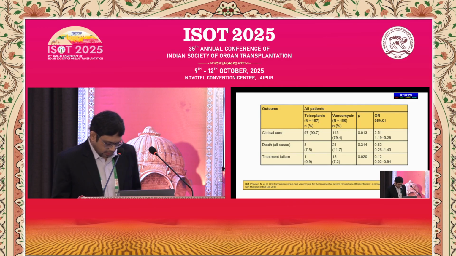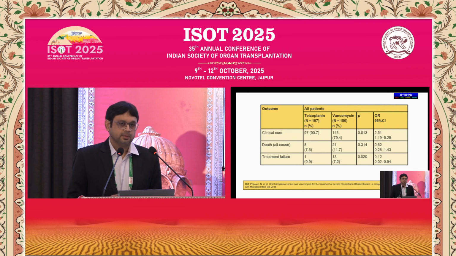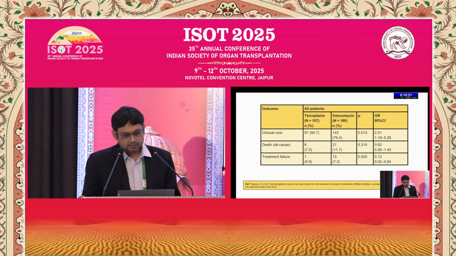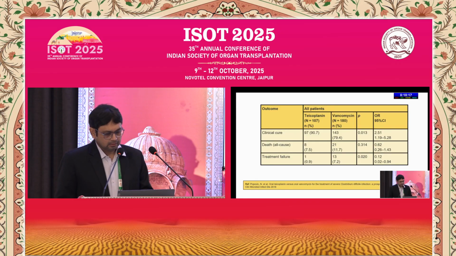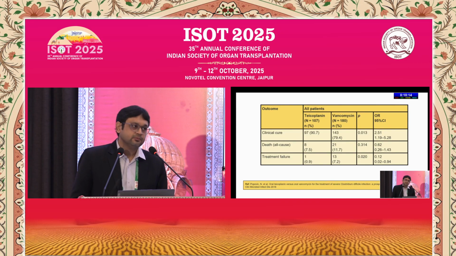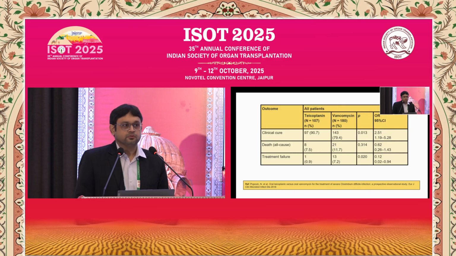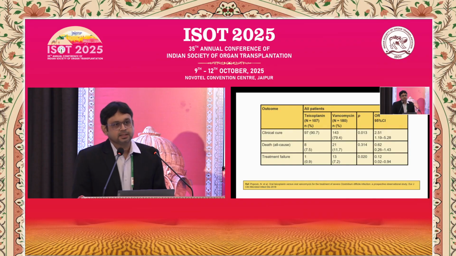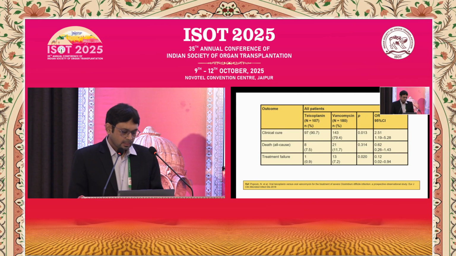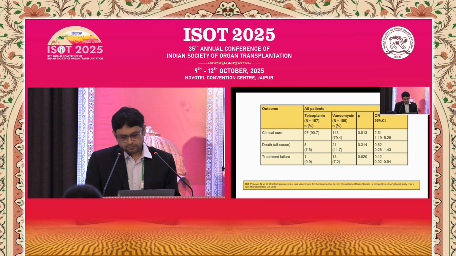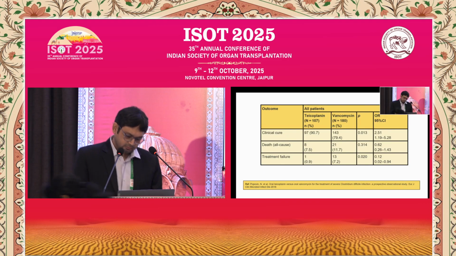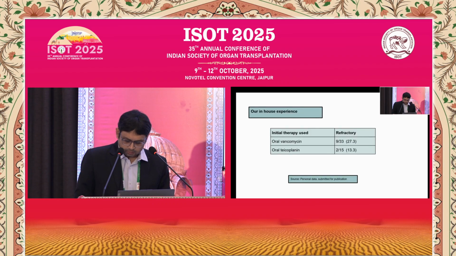So there are studies now which have looked into oral teicoplanin as an option for treating C. diff. And this is one of the biggest of them. You can see here that patients who got oral teicoplanin, the clinical cure was actually slightly higher. So although it wasn't statistically different, oral teicoplanin can be a good option. So in our settings, if the patient is refractory to oral vancomycin, and how do we decide that? By around day 4, if there is not more than 50% reduction in the stool volumes, then you start suspecting refractory C. diff. If that is the case, then we have been using quite a bit of oral teicoplanin.